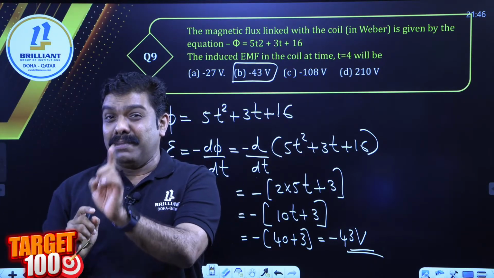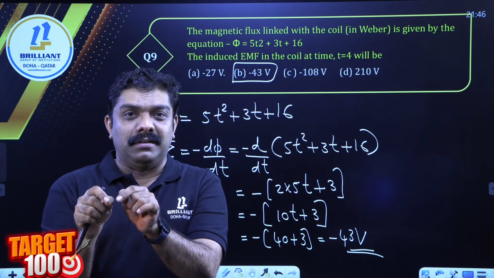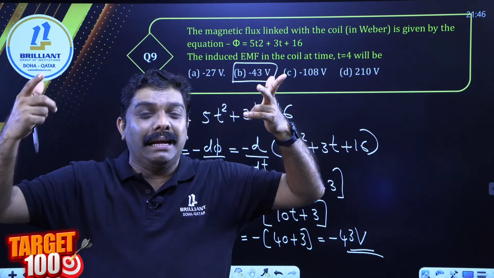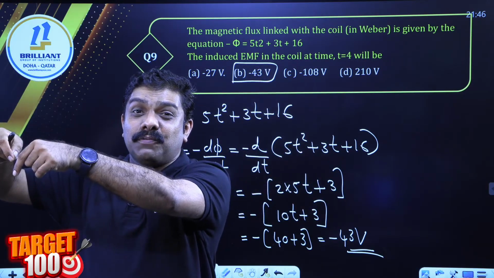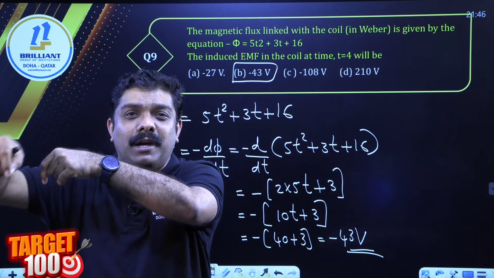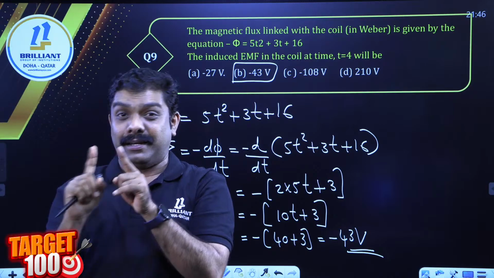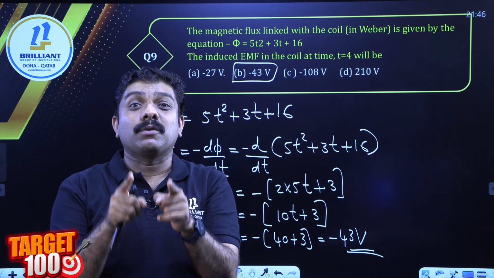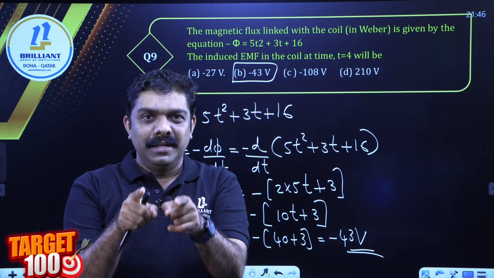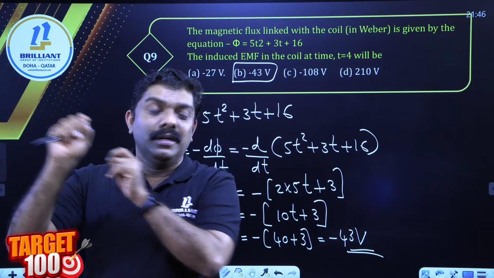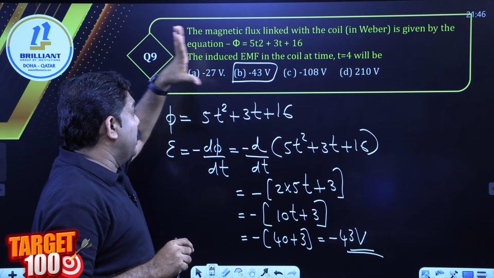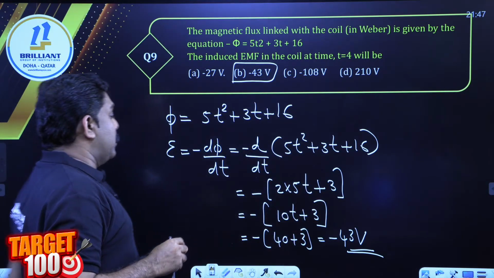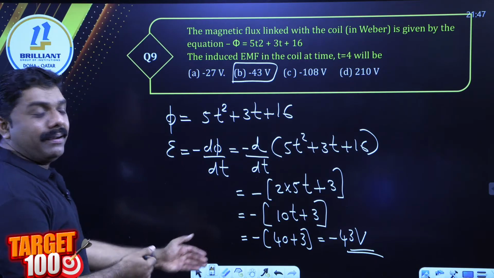Why I am saying this: look, the answer is minus 43, but all options are positive. Some students use reasoning ability and say minus 43 is near a very low value in the options, so they select that option. No. If no negative sign is given, the question is meant for magnitude. So we can find the magnitude here, but if they give the minus sign, then we are finding the full EMF, minus 43 volt, with the magnitude and the direction.